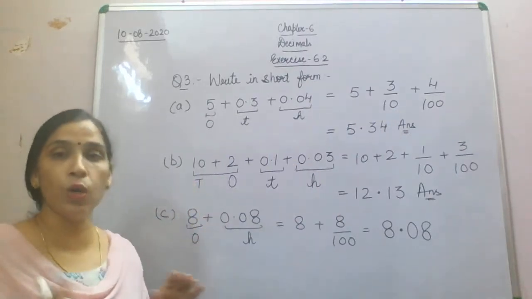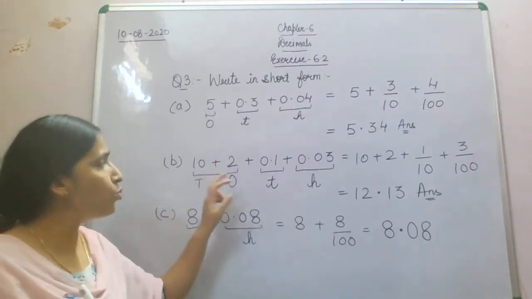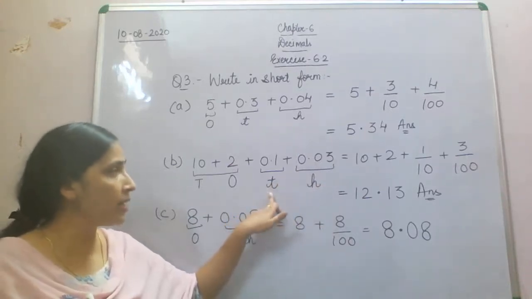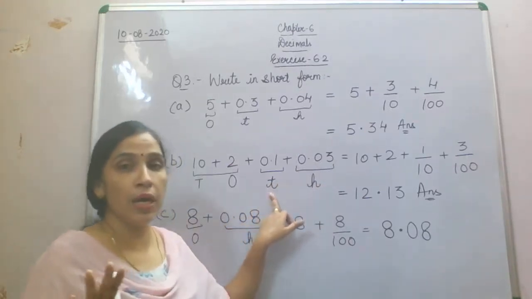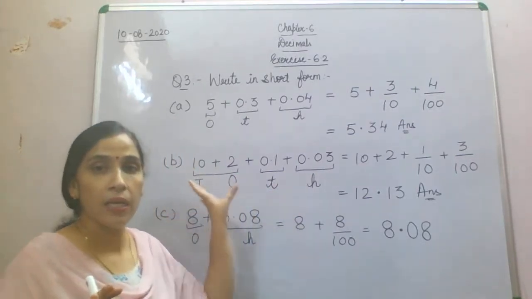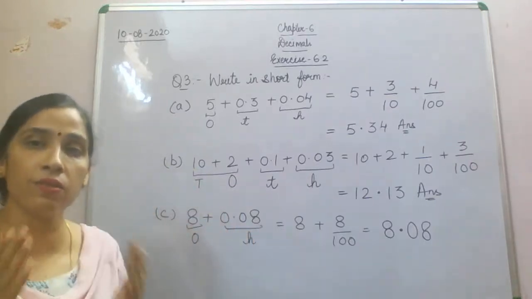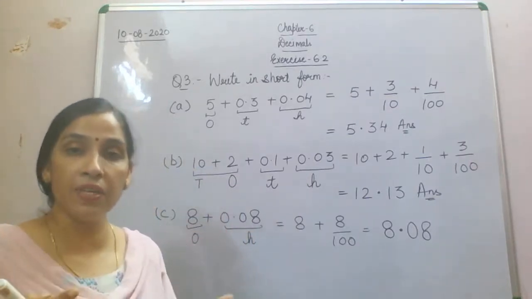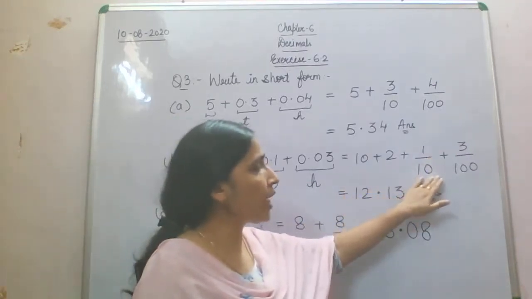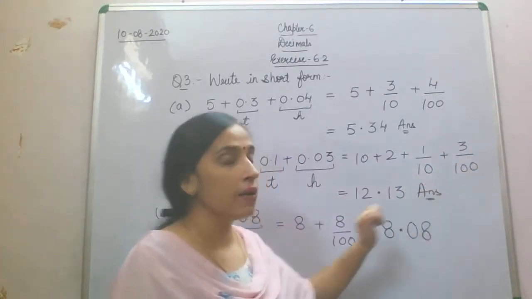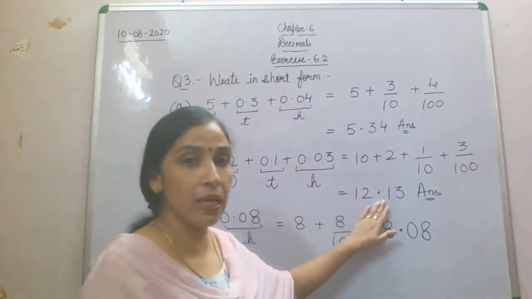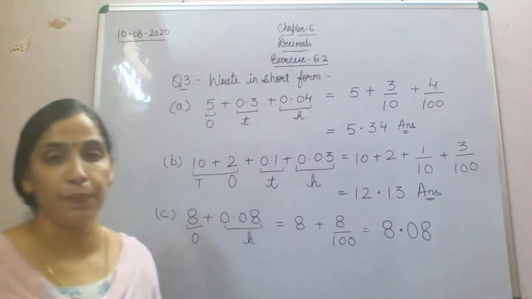Now we'll come to B part. Again you have been given with the whole number part, which is 10 plus 2 plus 0.1 plus 0.03. Again this is your 10th place. Beta, nothing you have to do with this part. You don't require to touch this whole number part. Simply you will add it and just write it before decimal. But after decimal part, you are supposed to write it into fraction first. So we have written into fraction, then 3 divided by 100. Fine. So we'll write here 10 plus 2, 12, then point or decimal, then 1 and 3.